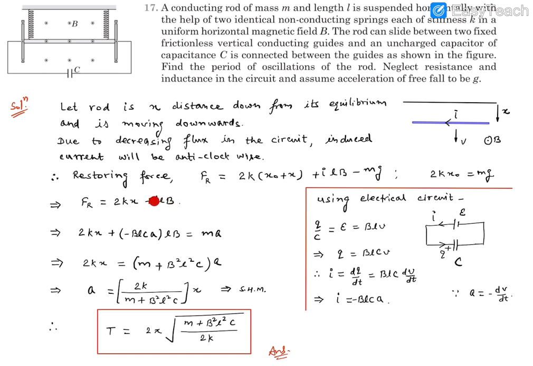Now we need to find this current at any instant of time, or at the location x. For that, use this electrical circuit. This is going to behave like an electrical circuit, with EMF, that's a battery, and then this capacitor, with current I running and charge Q present. So the Kirchhoff equation will say Q by C must be equal to E, which is BLv. Now Q could be written as BLCv. Now differentiate it, so it becomes dq by dt, which is BLC into dv by dt. Now we know dv by dt is downward and the force is acting upwards, so this will be like retarded